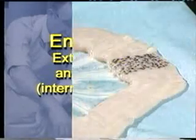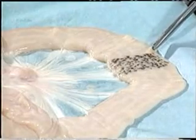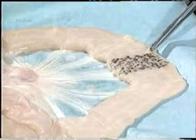We are now going to demonstrate an end-to-end anastomosis that might follow resection of a lesion